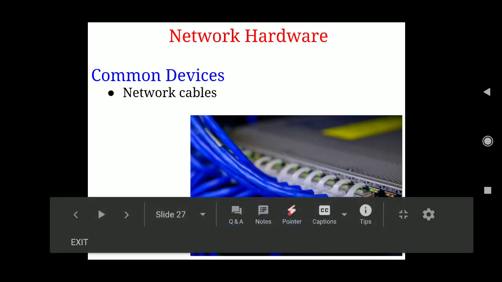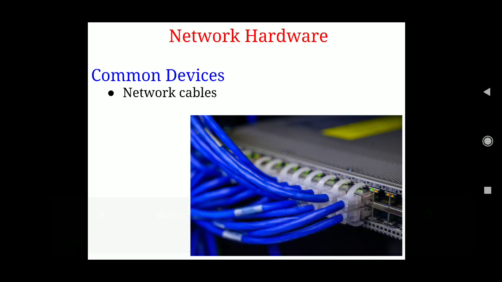Now the actual cables which connect, here is the view of the network cables in blue. Now they are connected to the machine. Now this is the other part of the network. The machines will be connected to other machines using a connecting device which is called either a hub or switch. Here you are getting the view of the other end. That's why the cable is being connected to that hub or switch.